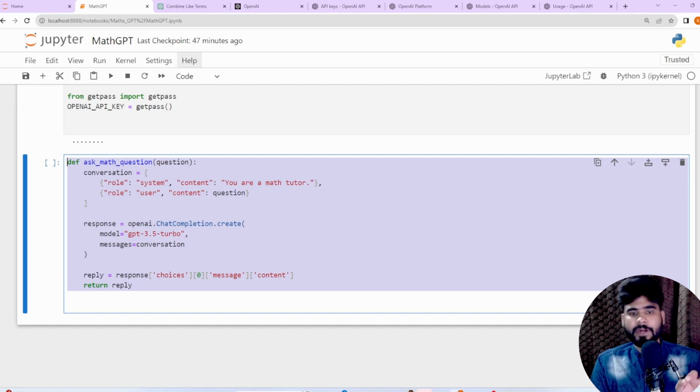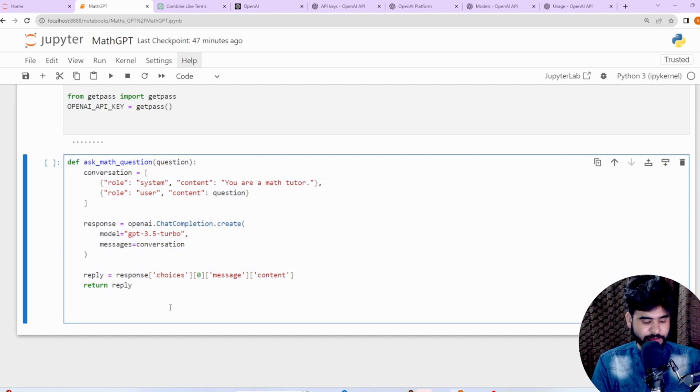Now we are going to create a second function. Define a function for Math GPT. Now we are going to create a Gradio based application, so we can create a user interface. This is the function name that I'm going to write: math GPT interface, and we are going to pass an argument called questions, because again in our Gradio based interface we need to enter some questions, and based upon that we will get the responses.